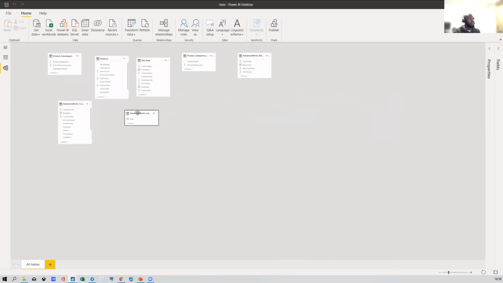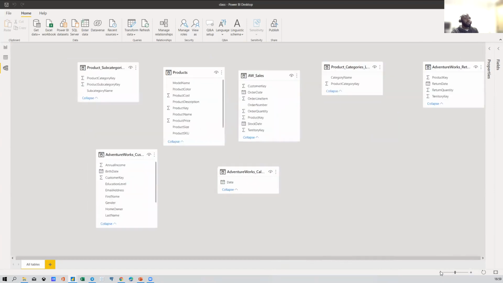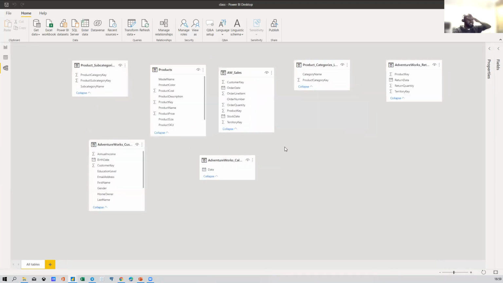So if you're on your Power BI, you can come to the modeling page, of course, after loading all your data, all your tables. So we have this. So how do we create a relationship? It's very easy. First, the reason why I was asking you to rename all of these things,